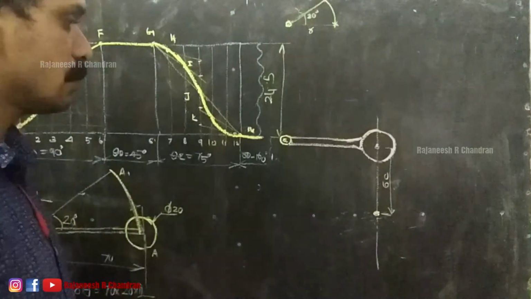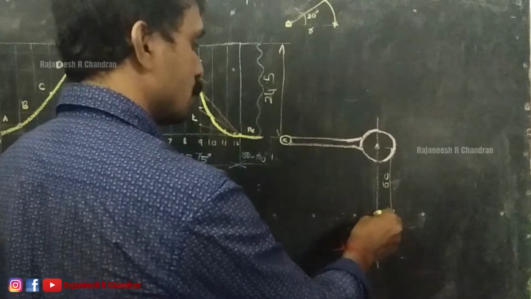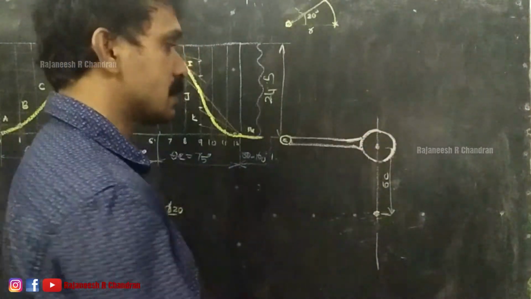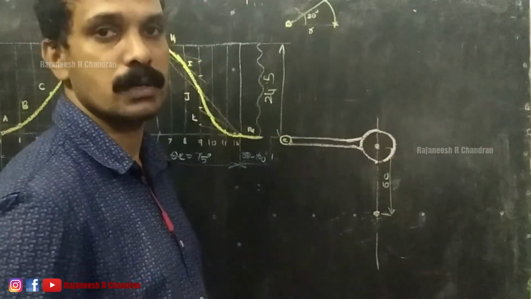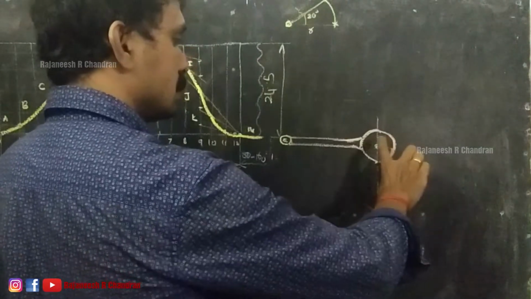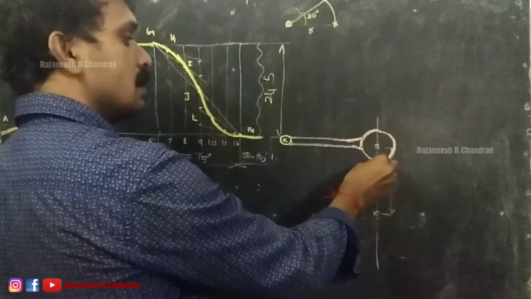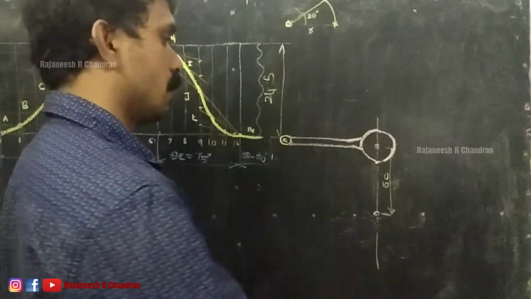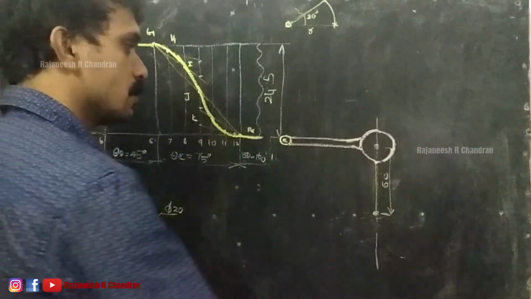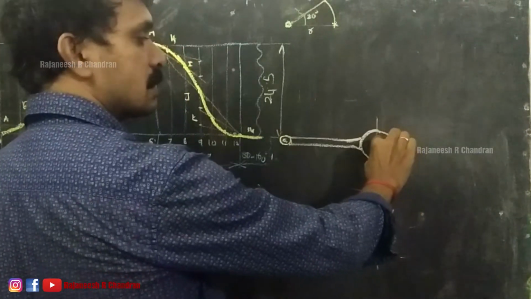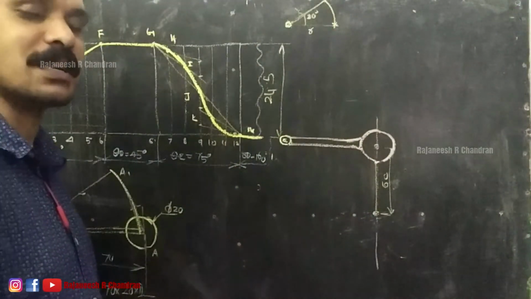We know that for constructing the cam profile, we need the radius of the base circle. So we have taken this as the center of rotation of the cam. So this is the radius of the cam, and this is the radius of the center of the roller. This will be the initial position of the cam follower, which means this point must be the initial point of contact, and this will be the radius of the base circle. Clear? So this distance is given as 60, this is 10, so this will be 50, and that 50 will be the base circle radius of the cam.